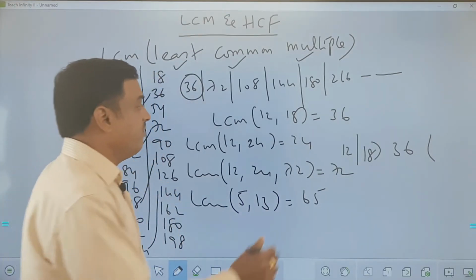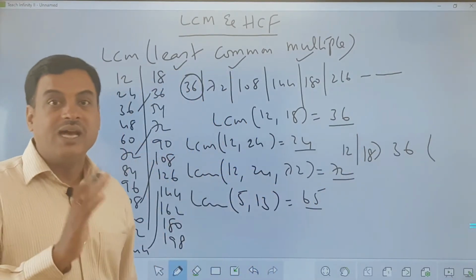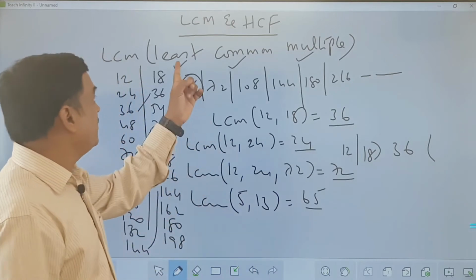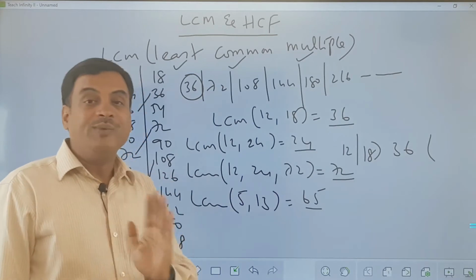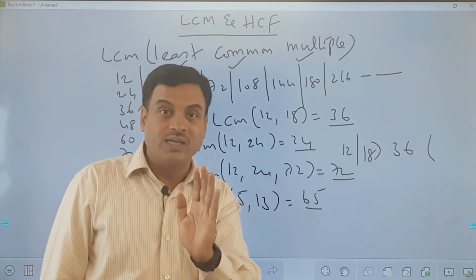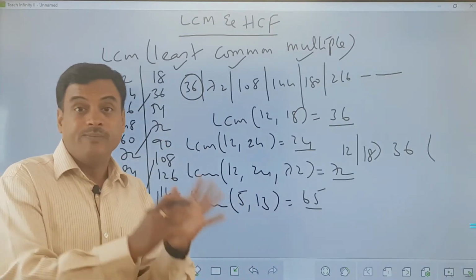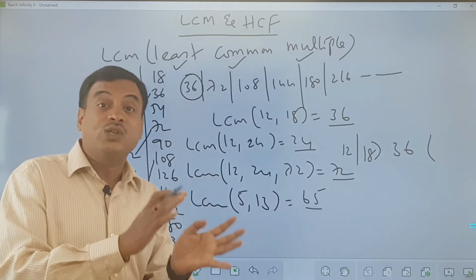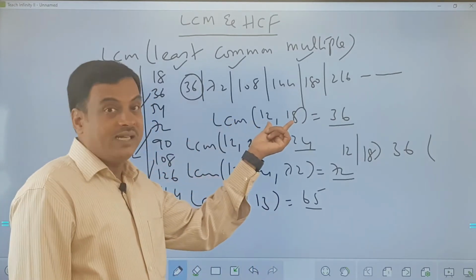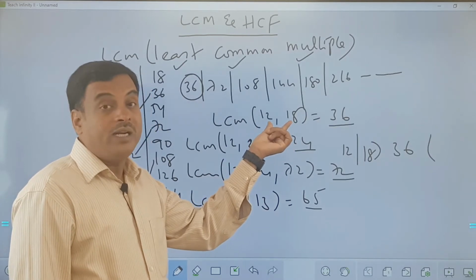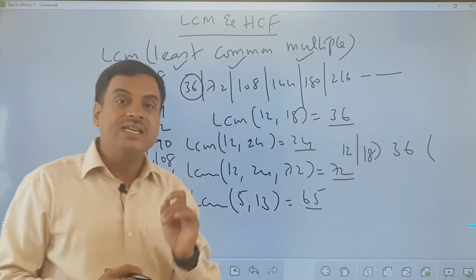The first thing, whatever the LCM I am getting here, in all the cases the LCM is the highest value. Don't go by the first word, least. It is not going to be the least number. Please understand the differences here. Is he asking for the least of the given numbers? No. He is asking for least of the common multiples, not of the given numbers. There can be a lot of common multiples between 12 and 18, as you can see in the list, but among all of them, the least one is 36.